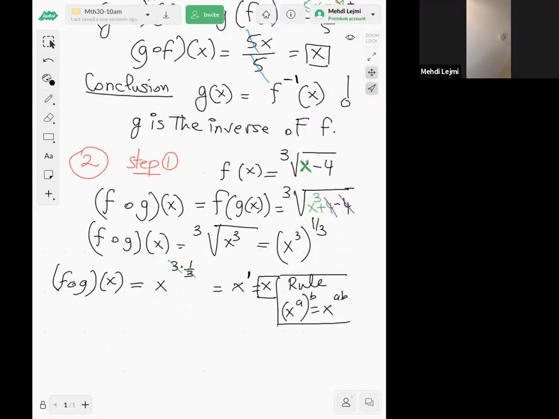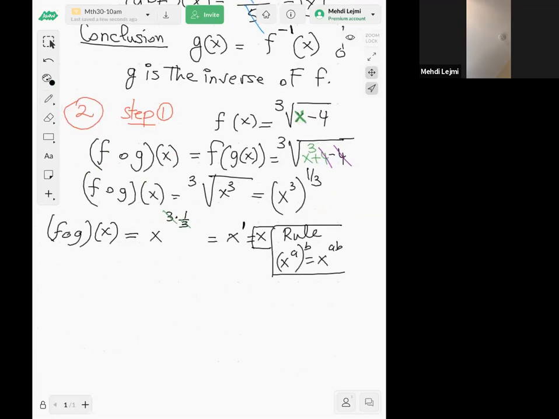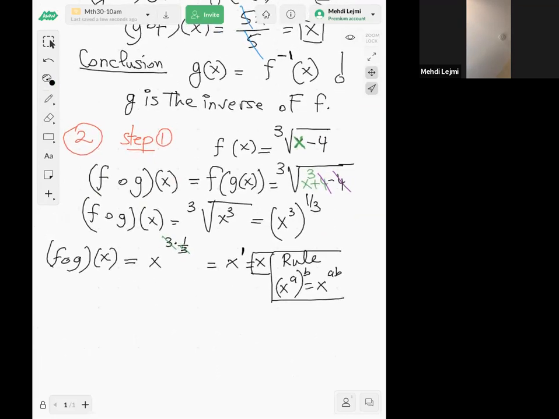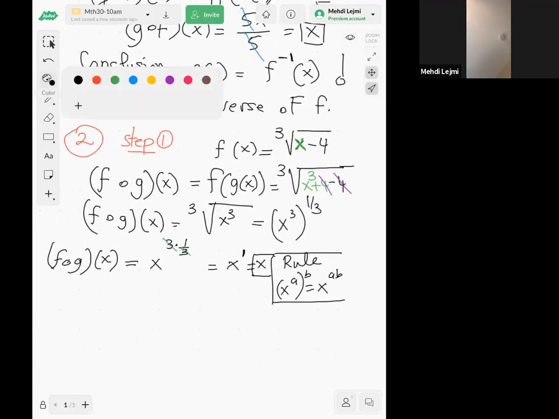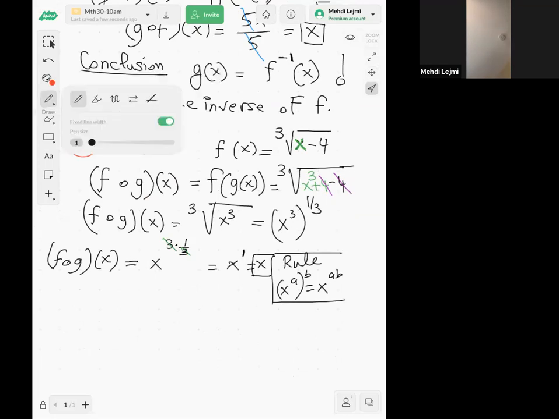Okay, so then I can move to step 2 because it's equal to x. So I can hope that this g is the inverse of f. So I can move to the next step. So for step 2,